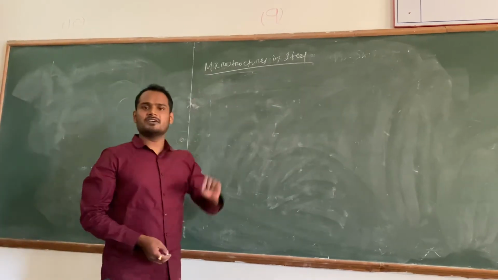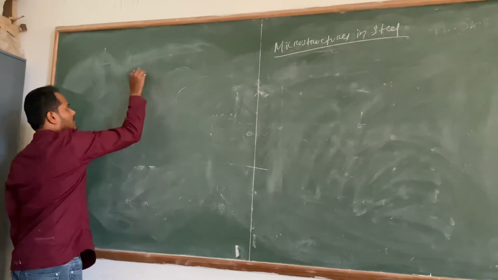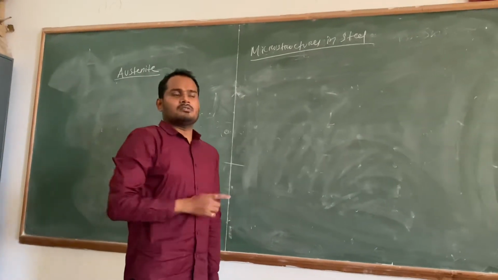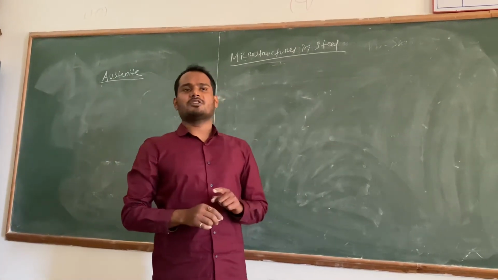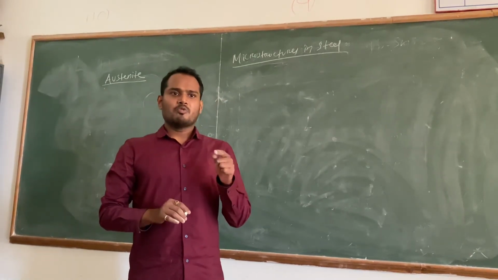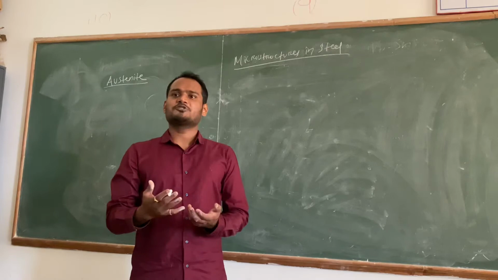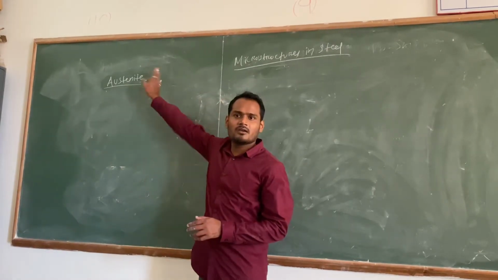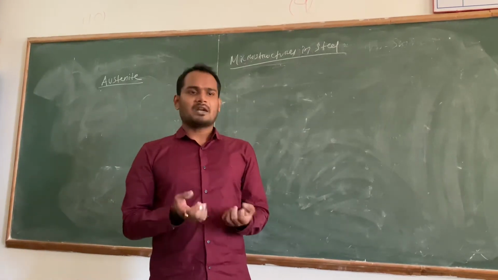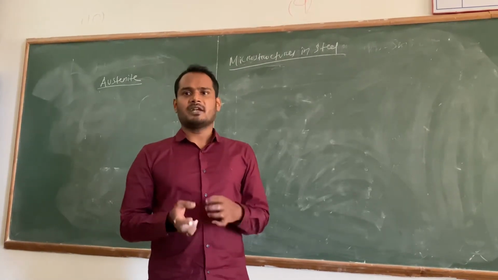Okay, so steel can have various microstructures. I am writing here the first microstructure: austenite. Austenite is always a parent phase. Parent phase means, suppose you take the steel to a temperature of 1000 degrees centigrade, so we will have austenite, only grain and grain boundary of austenite. But the moment you cool it to room temperature, that austenite can transform into some other phase, or the microstructure will change. So the initial microstructure is austenite, and the final microstructure will be different. It may be pearlite, it may be simply ferrite, it may be martensite, it may be bainite, or it may be a combination of ferrite and cementite.